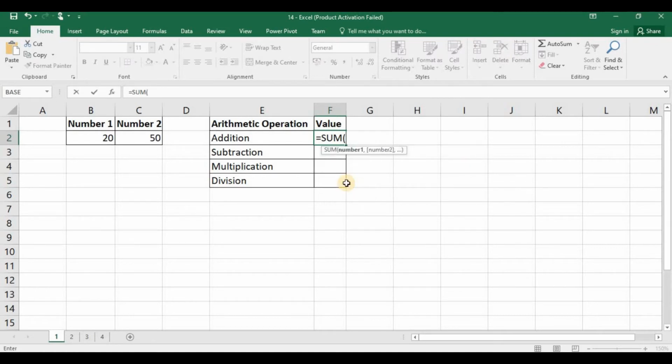Here I am using the sum function. Enter sum. Start round braces. Inside this bracket we should select the range or values which you want to add. So select these cells. Here you can see the cell references are getting selected. My values are in B2 and C2. First select the B2 cell. Enter comma. Then select the C2 cell. Like this you can select multiple cells. Once the selection is done, close the round braces. Now press enter. Here you can see the summation result.